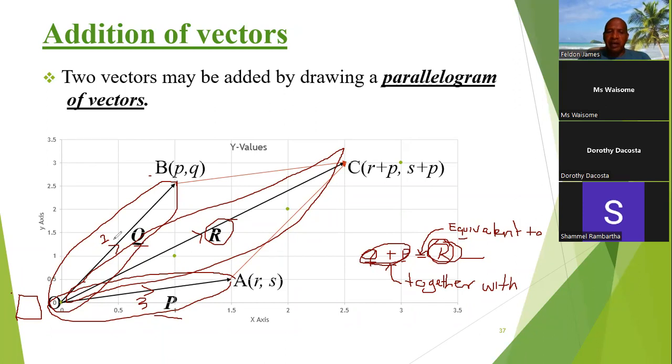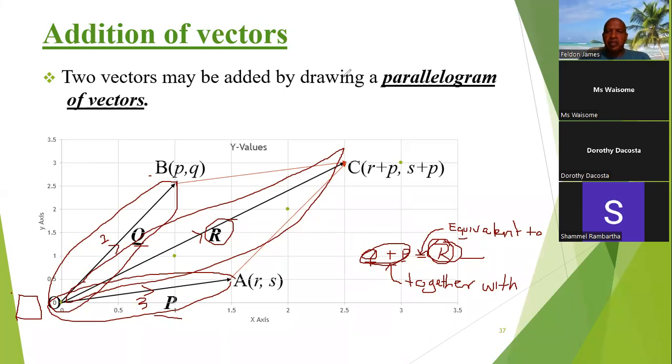Now, the vectors that we are combining, we call them component vectors. So if you have this component vector plus this component vector, meaning you are combining the two of them, the effect of the two of them will be the same effect as just one single vector, which is R. And so in vector addition, remember that the vectors' magnitudes are represented by the length of the line,